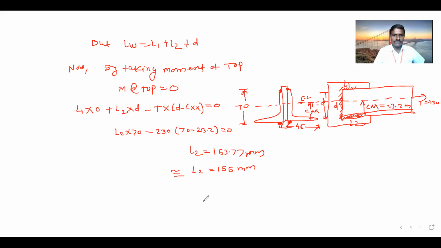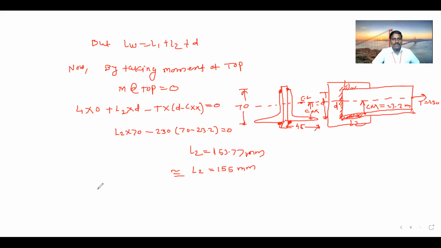Sir, 154 will come, no? What difference will it make if we weld 1 mm more? Make it 154 or 155, more by 1-2 mm, but don't make it less. Are you getting? Yes, sir. Requirement is 153.77. If we weld 1 mm more than requirement, there is no issue, but less than 153 is not allowed. So round figure 155 mm we have done.